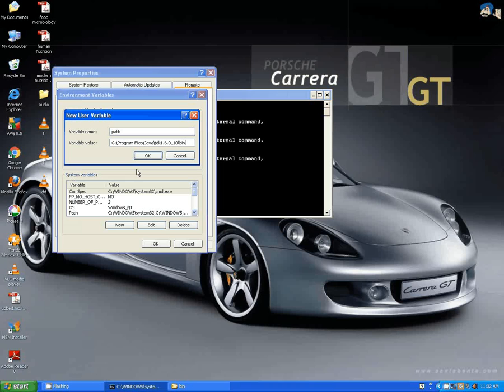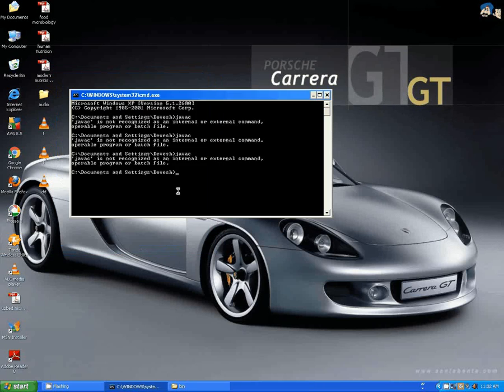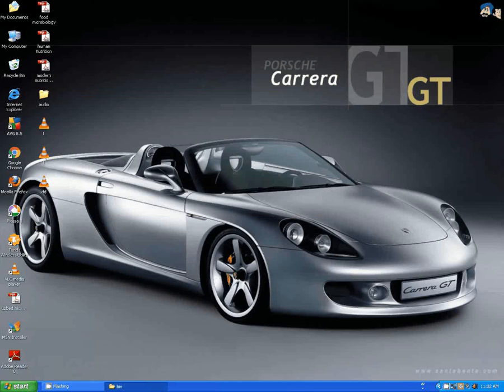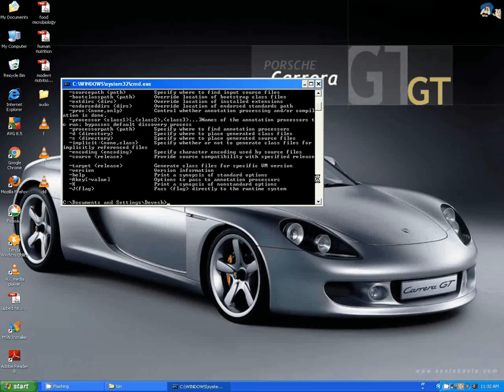Then OK, then close it, then OK. If I again execute this after closing it once, if I write here javac, oh, now it is executing. So that's when your javac compiler is working.